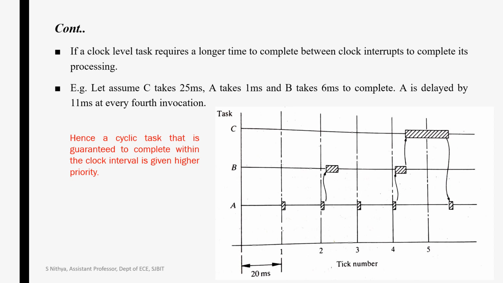We know that it starts at tick 4, so starting at time 4, it will execute for 25 milliseconds of CPU time, but A executes only 1 millisecond, and B takes 6 milliseconds. So A will be delayed 11 milliseconds every fourth invocation. Every fourth tick clock cycle, A will be delayed by 11 milliseconds because C is executing for that much time. So this is one of the examples